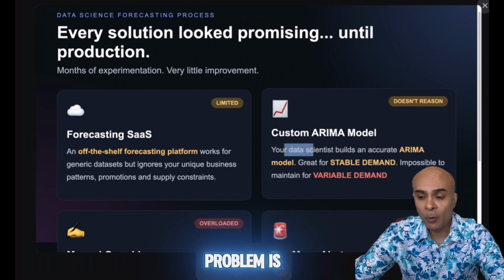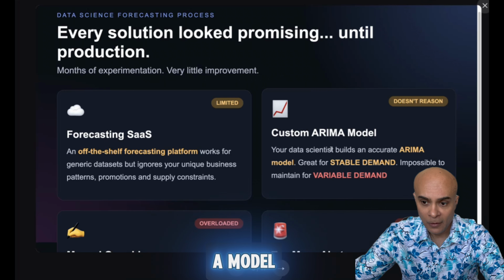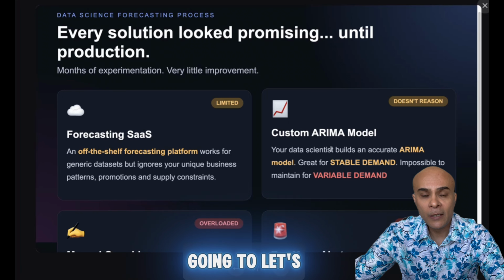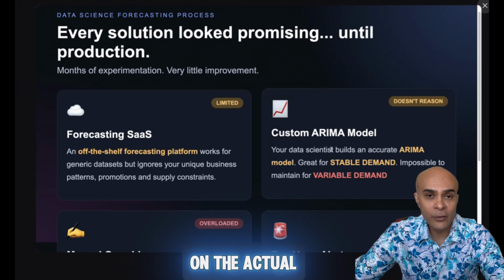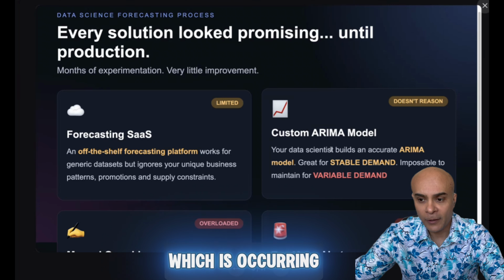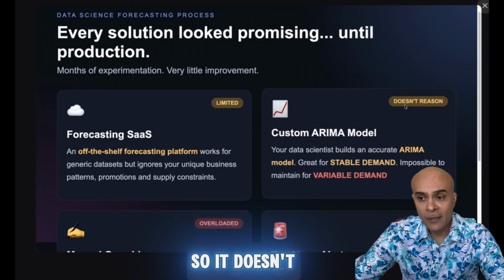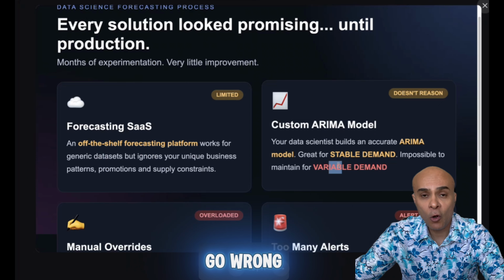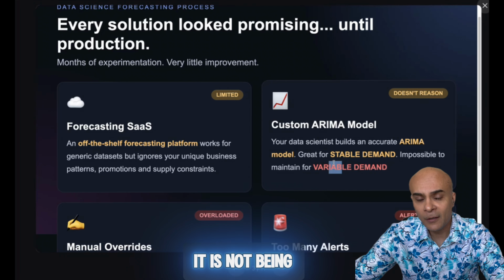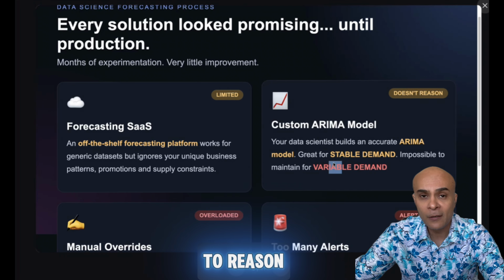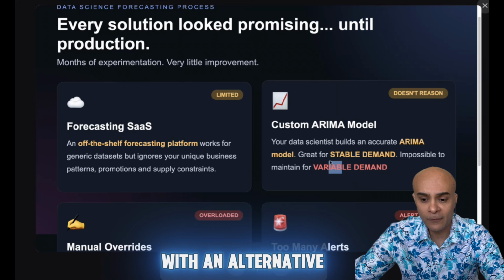But the problem is that a data scientist's model is just a model. It is not going to reason, so it is not going to deviate based on the actual demand which is occurring. It is good for stable demand, but when your demand is quite variable, it is not going to reason and come out with an alternative solution.